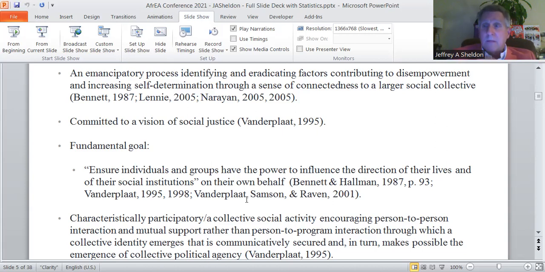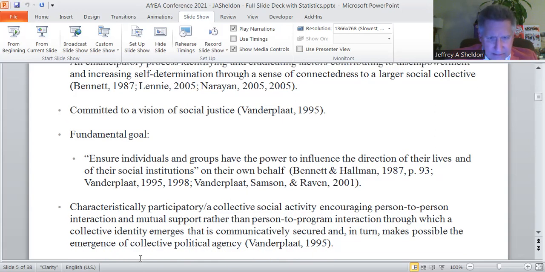And so when you have a social intervention, it helps people to pressure or influence the structures in society which keep them oppressed and marginalized. And that ties in very much with this idea of social justice. So characteristically,